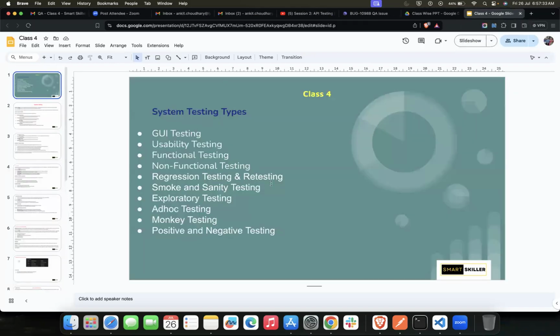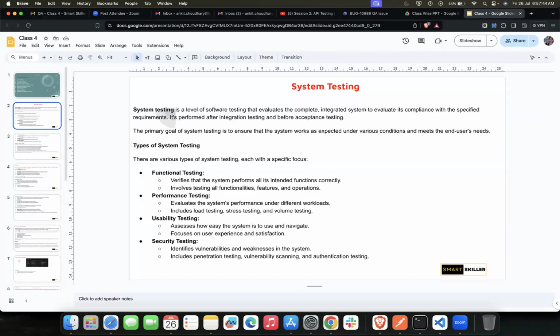Let's move towards our next set of topics, system testing types. Now we'll be discussing a few testing types in detail. So, any idea about system testing? No? Oh, why so?